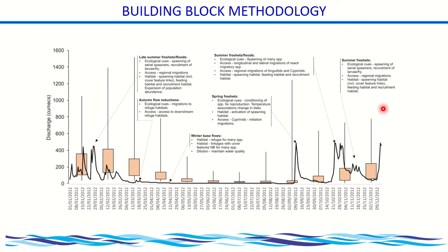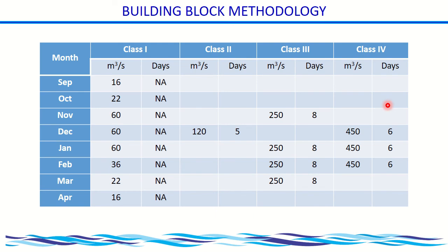So here you can see you've got a normal year of flows with the orange bars referring to the reference flows. The actual black line represents just one normal year. And we've added on all of the biological and ecological requirements that would be required by different species to achieve the environmental flows. And if I, as a scientist, can provide this to the managers, they can make sure that these are achieved. When you look at your outcomes, you're trying to provide how, for different months of the year, how much flow is required, and you have different classes of floods. So I can provide base flows, dry base flows, wet base flows, drought flows, flood flows. I can consider all of those differences.